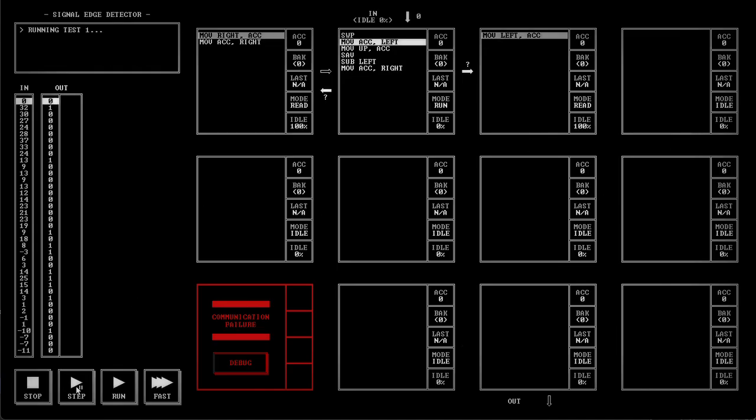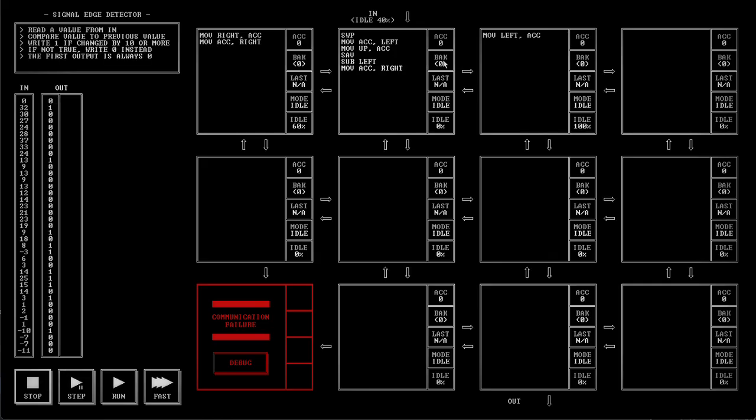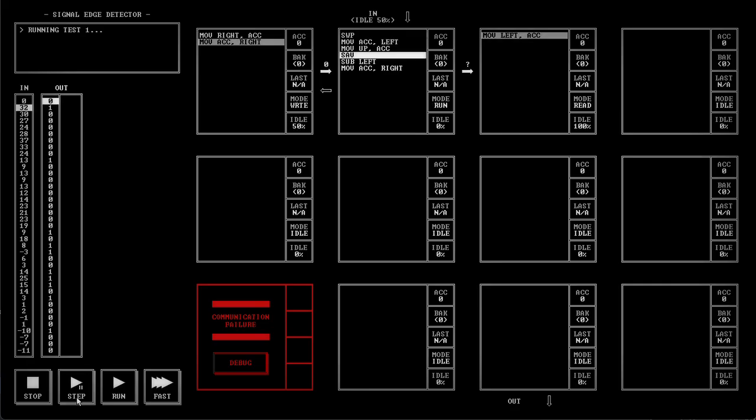Right now what it's doing, it's taking in the current number and subtracting it by the previous number, which was in this BAK value here. So yeah, start from the top. We take the BAK, bring it to ACC, we move it to the left, bring in the next number, that current value, and we subtract it by the previous value. And that difference,